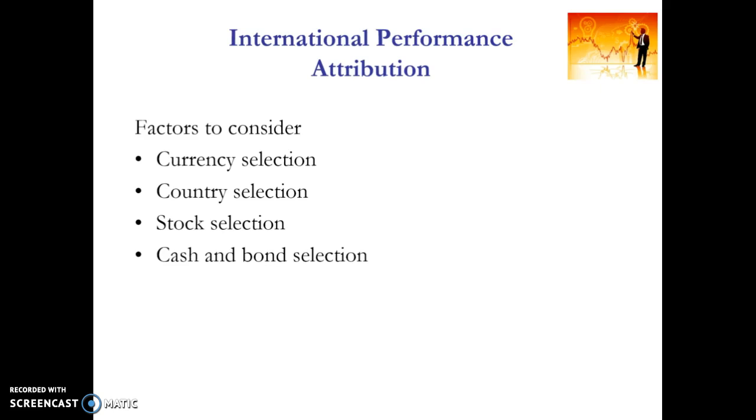Within the context of international performance attribution, we're considering four key factors. Those four key factors are the impact on our overall excess returns of currency selection, country selection, stock selection, and last of all, the asset allocation decision. So let's have a look at an example that demonstrates how we can look at performance attribution